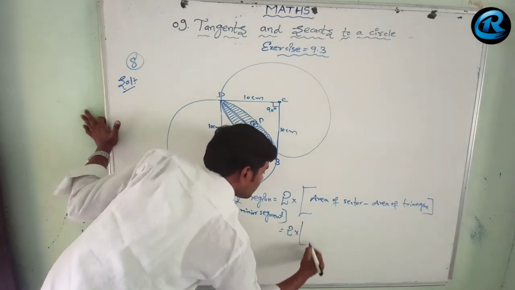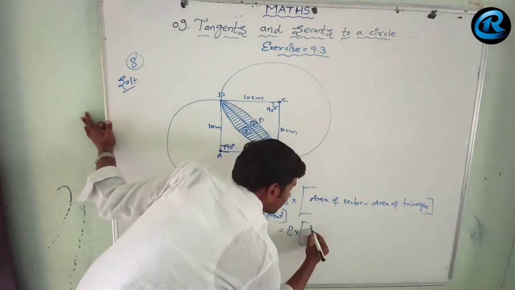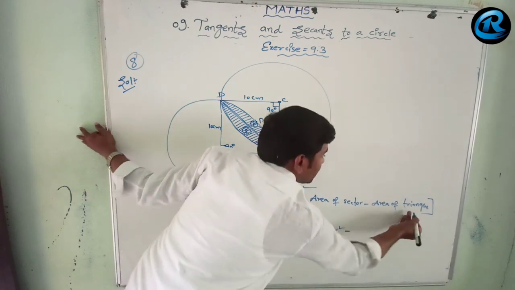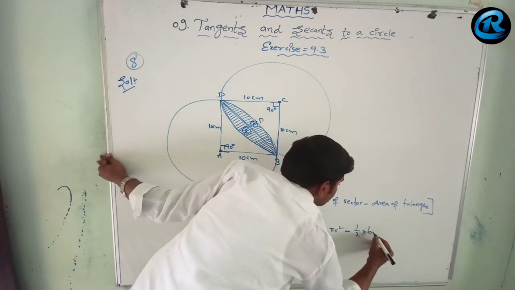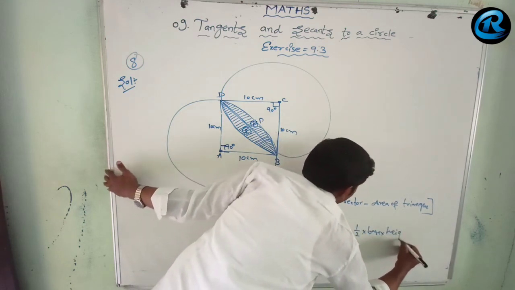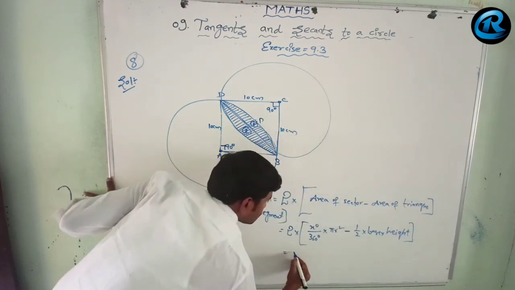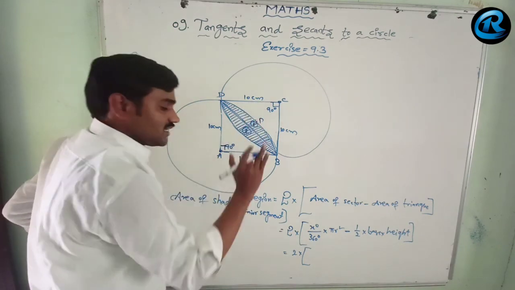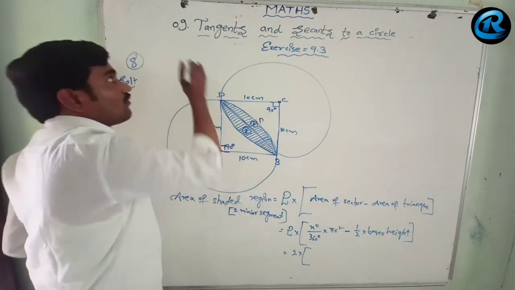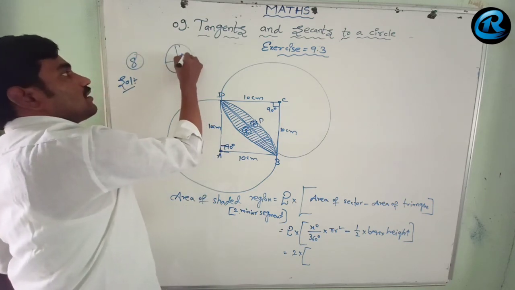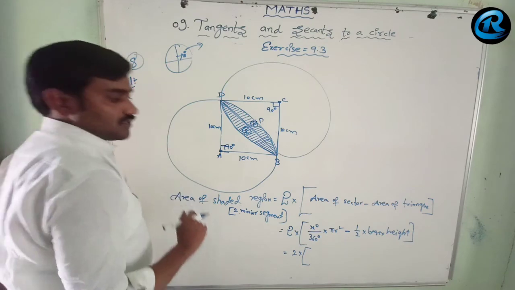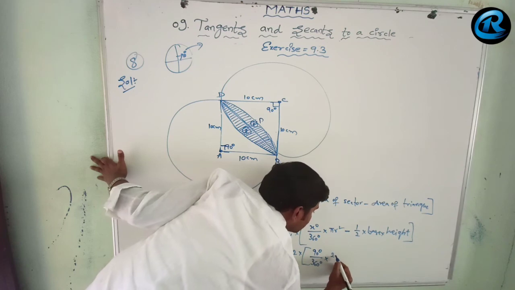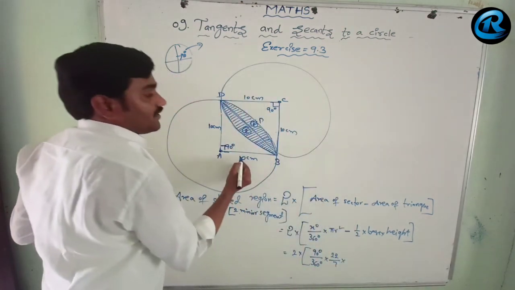2 into, let us find out this area of sector formula: x degrees by 360 degrees into pi r squared, minus area of triangle formula 1 by 2 into base into height. So here 2 into, x is nothing but 90 degrees. They are quadrant circles. Quadrant circles అంటేనే క్వార్టర్ సర్కిల్. ఒక సర్కిల్ లో ఫోర్త్ పార్ట్ ని క్వాడ్రంట్ సర్కిల్ అంటారు. ఇవి ఇచ్చారు మనకి. ఓకే, సో it is 90 degrees by 360 degrees into pi value 22/7 into r value.